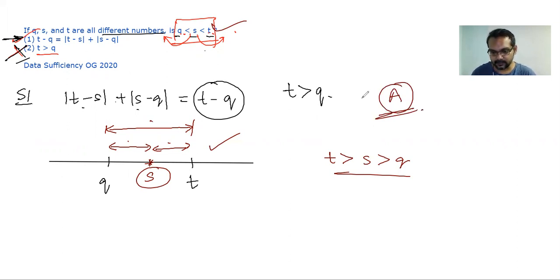So I hope this was clear. No need to plug in values here. As a thumb rule, remember, whenever you have too many variables, like here you have 3 variables and their positions can be anywhere, it's always lengthy to plug in values and check solutions. It's better to use logic or reasoning to get to the answer.